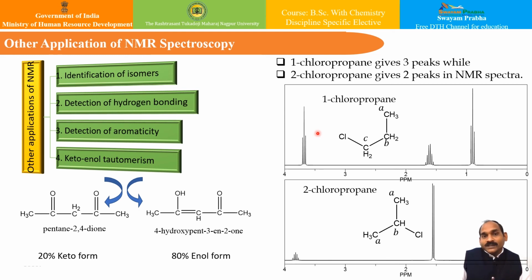You can also predict keto-enol tautomerism. You can see the example present over here. The keto and enol forms contain different groups of equivalent protons, and hence they give different numbers of signals, and also on the basis of the intensity of the peaks, it is possible to determine the concentration of keto and enol forms. For example, acetone is found as a mixture of about 80% enol form and 20% keto form at room temperature, as shown over here. So you can utilize your NMR spectra for analyzing these aspects.